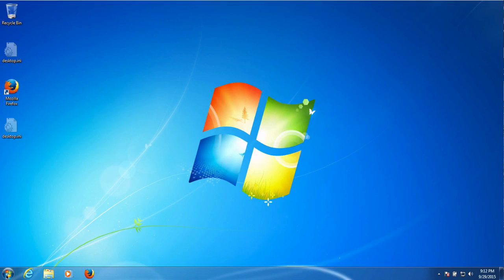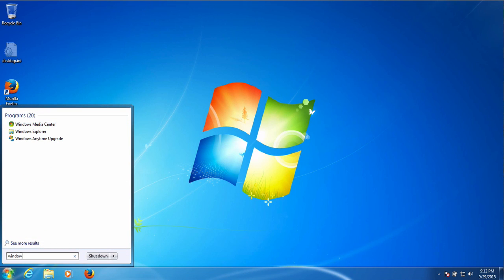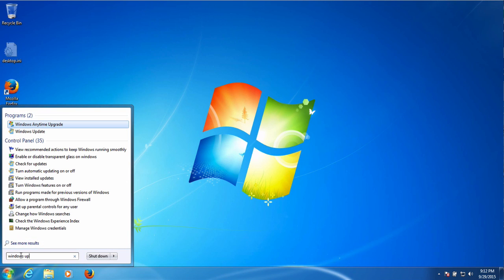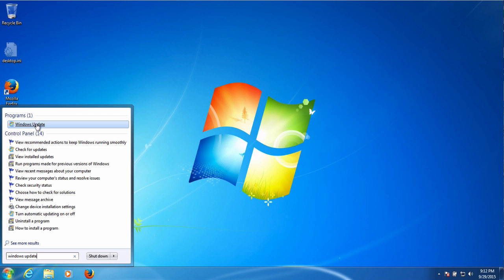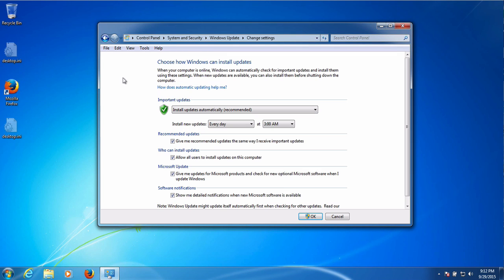I'm going to show you in Windows 7 how to set up your updates and patches. So if you go to Start and type Windows Update, choose Windows Update, and you want to go to Change Settings, and you want to make sure that all